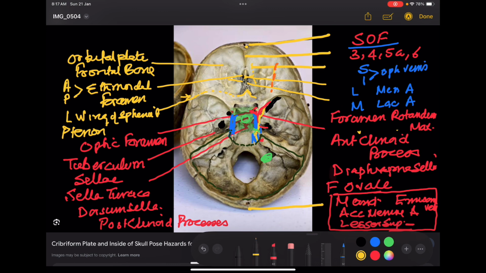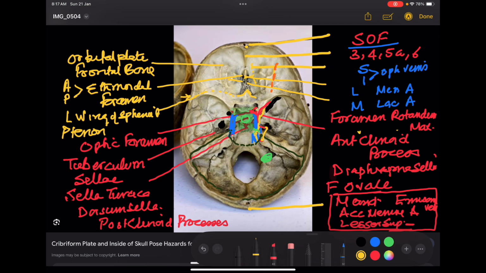The nerve coming from here passes into the foramen ovale. And the greater superficial will pass into the foramen lacerum,